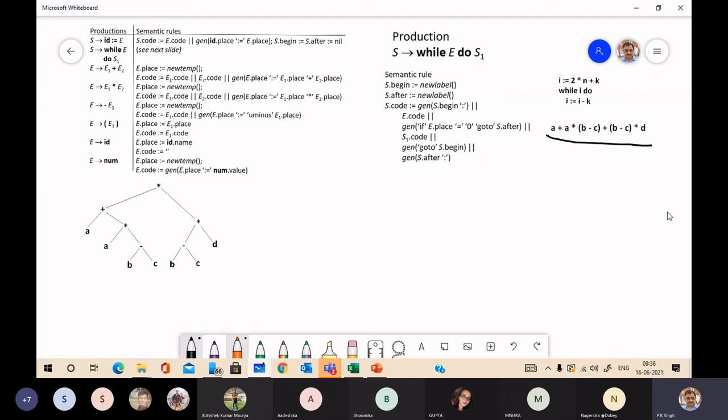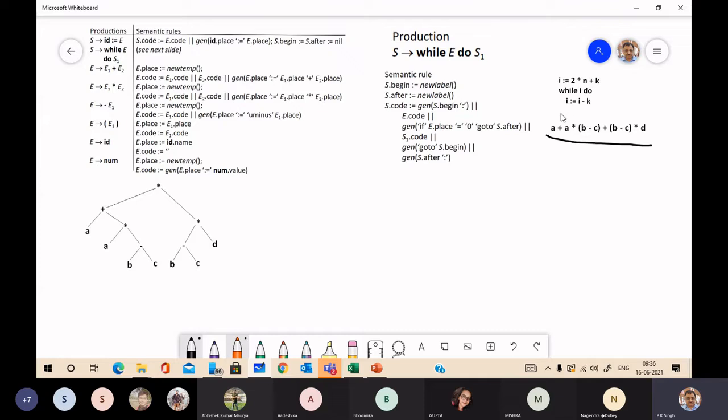Okay. So first, now you just see the generation in each step. Here in each shift, it will do nothing. But when a reduce action is being taken, what it will do?